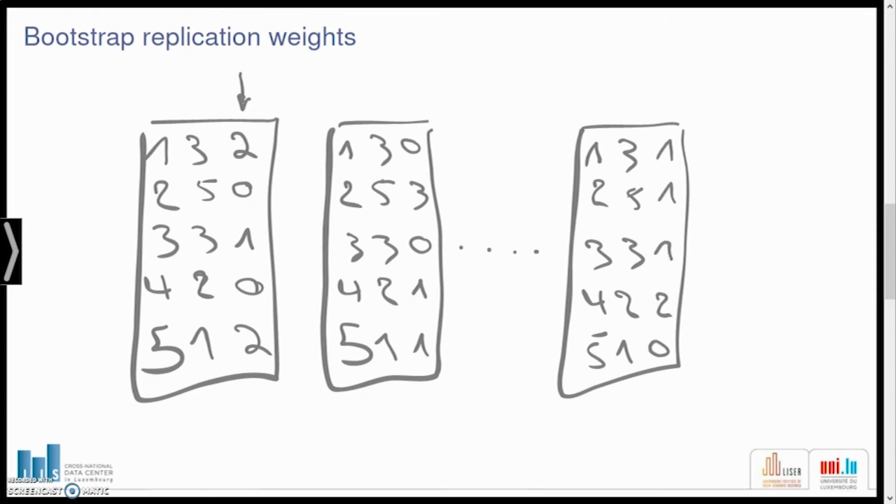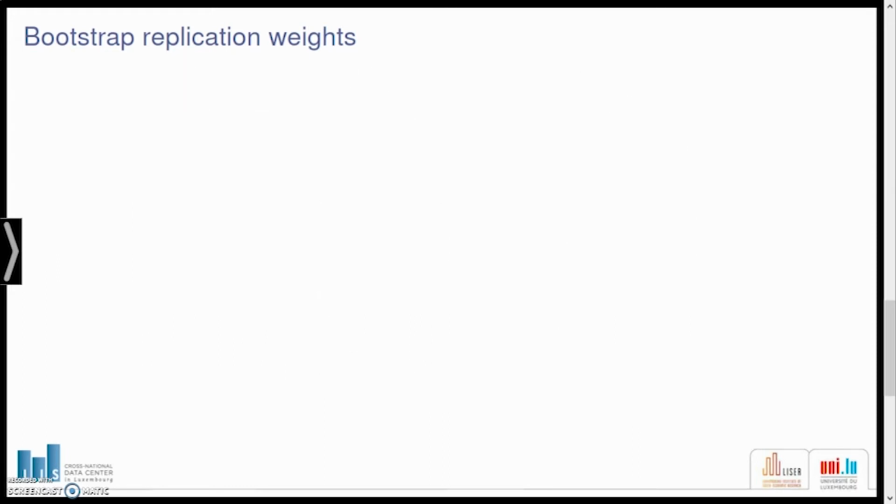So that's just an equivalent way to write our bootstrap samples, and we can still estimate our Gini coefficients on each of those new data sets. But now we're simply going to use a weighted estimator of the Gini coefficient, where we use the bootstrap weights here as weight in the calculation. Now, those two variables are always the same, so you don't want to store them separately in all sorts of replications. What you can do is just calculate all those replication weights